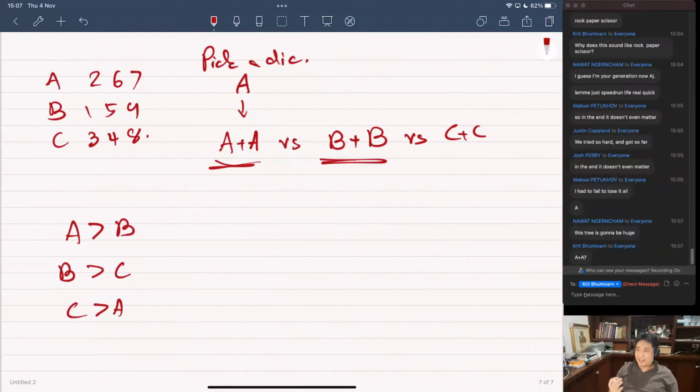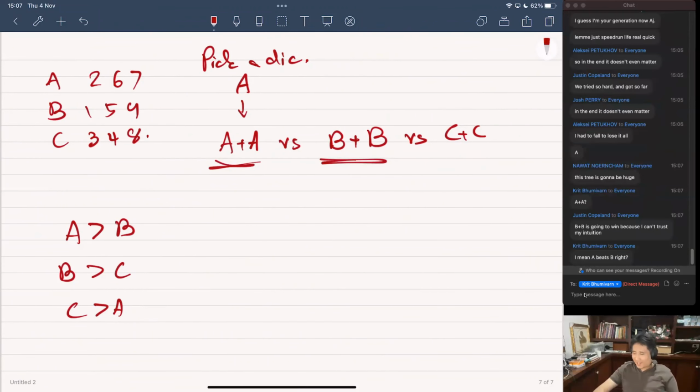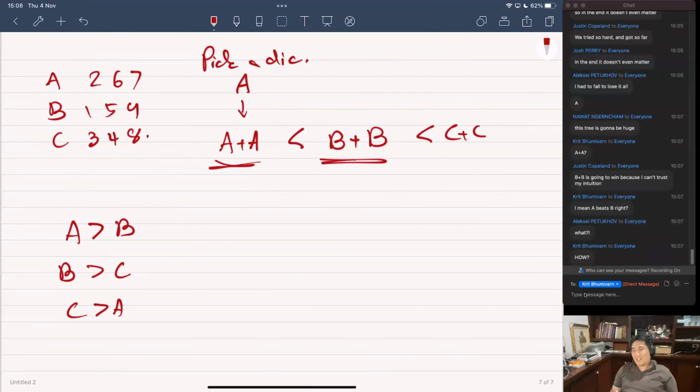A plus A means you toss A twice and add up the faces. Exactly. You're gonna find that it's exactly the opposite. You're gonna do that in the homework. You're gonna convince yourself in the homework. Okay? And that's why you want to do the homework. Because you're like, come on, this can't be true. But yes, it is true.